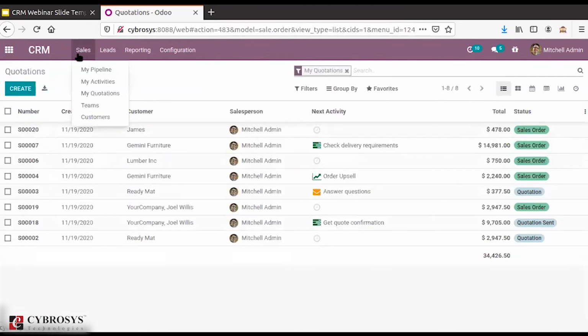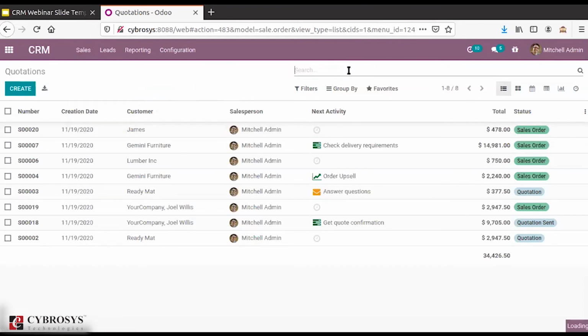So this is what we get in the my quotation menu. Here you can see all the quotations that are created for you as a salesperson. So from this option you can see the quotations that come under here.